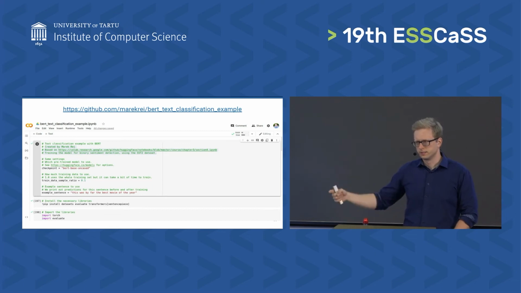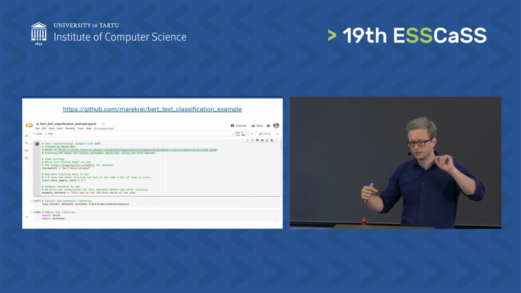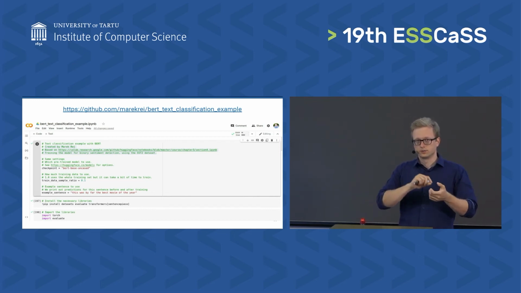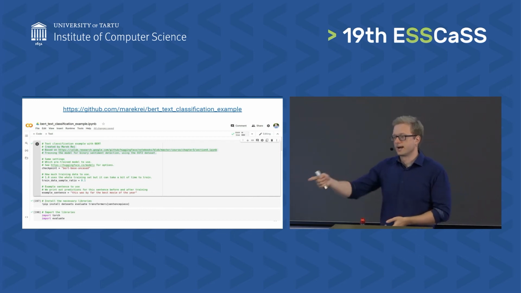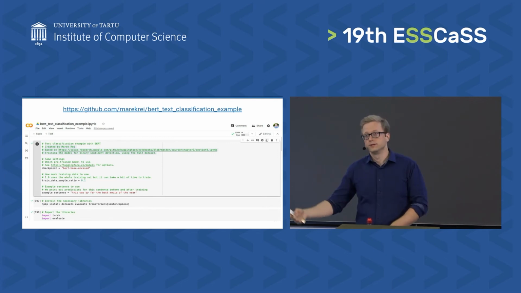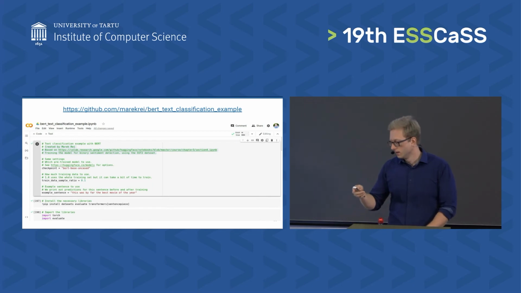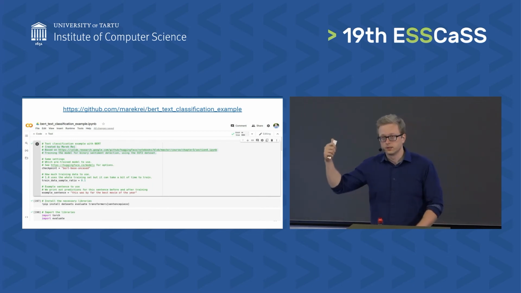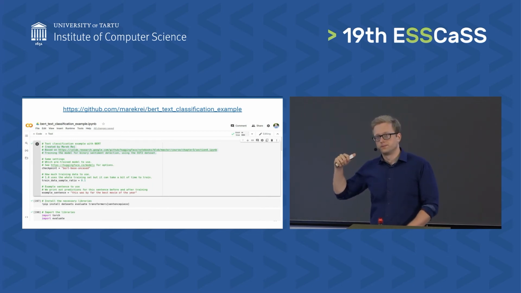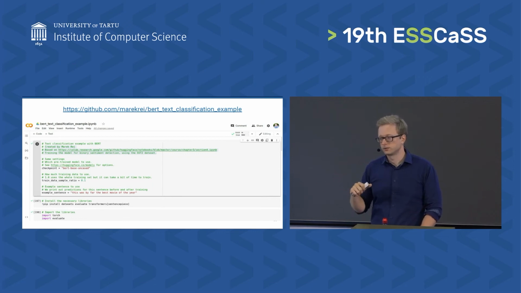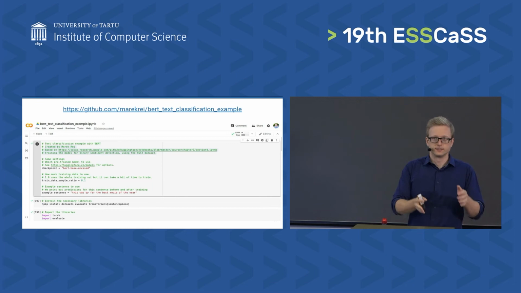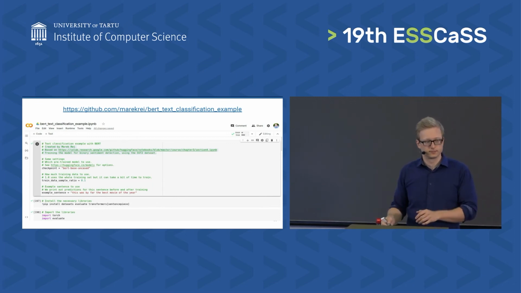And if you're logged in to Google and you change something from the settings to activate GPUs, then you can actually run this for free on a GPU on a Google server as well. So this particular code trains for sentiment detection. So it learns to classify sentences as either positive or negative sentiment.